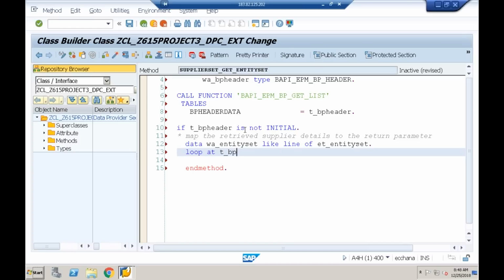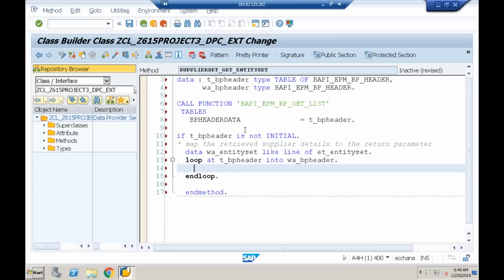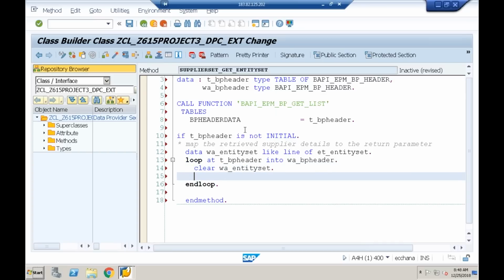Loop at T_BP_HEADER into work area, what is the work area? W_BP_HEADER. And in the loop, I'll clear the work area W_ENTITY_SET. Yeah, W_ENTITY_SET-